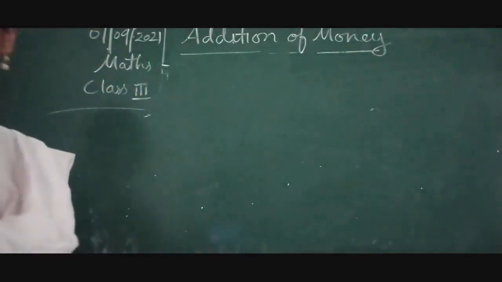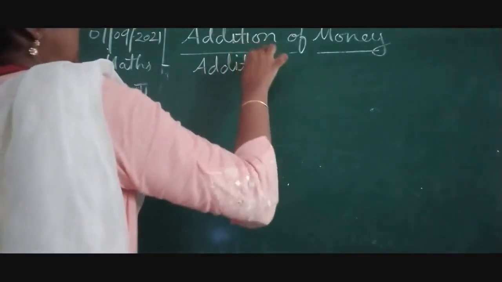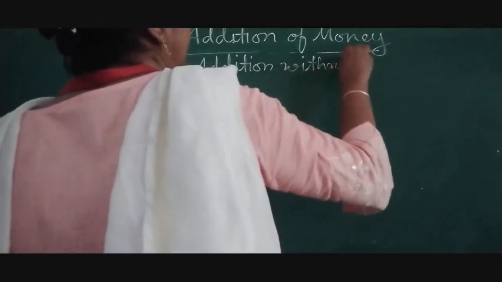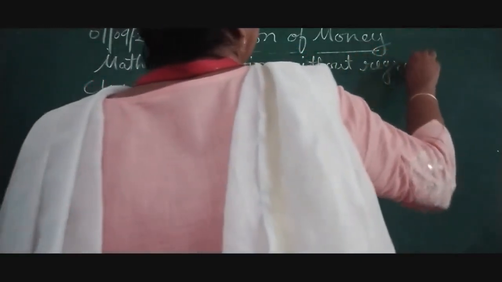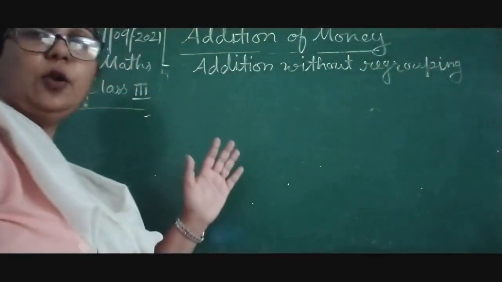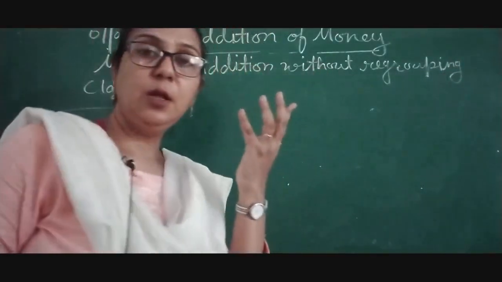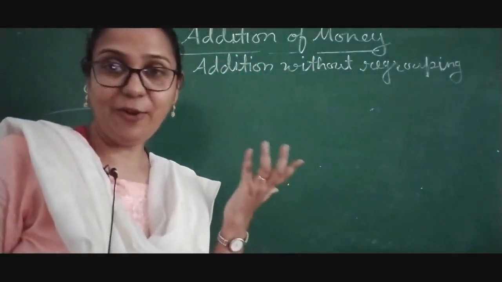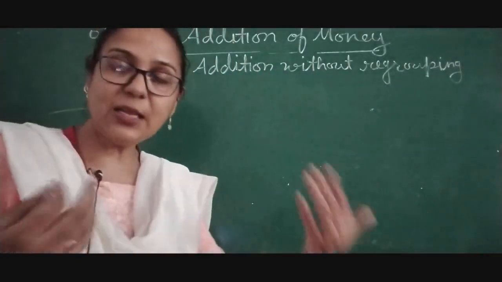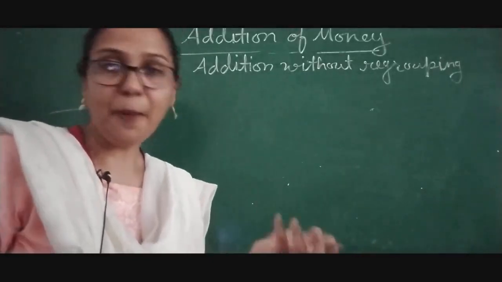Now addition without regrouping, we will start first. I don't think you have not noticed this, because we have done addition earlier in our chapters. Addition was our first chapter. So we have already done regrouping and without regrouping. Everybody knows this. So we are not going to remind this, because this is so simple. When we are adding this, the sum will come.